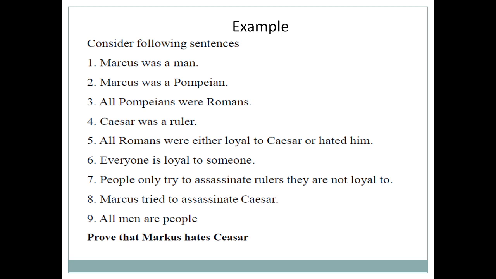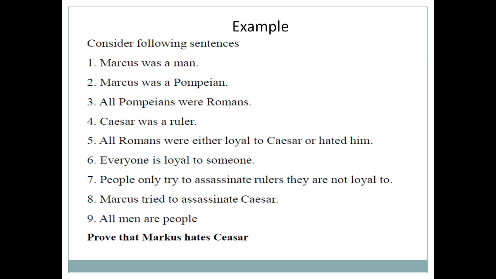When you get a problem where you need to prove something, this kind of problem can be solved in 3 steps. The very first step is generating the predicate logic for the given problem or statements. Then you have to convert that predicate logic to clause form, and in the third step you need to prove it by contradiction, making use of the resolution algorithm. The resolution algorithm can be used to prove the particular statement. So that will be the procedure.